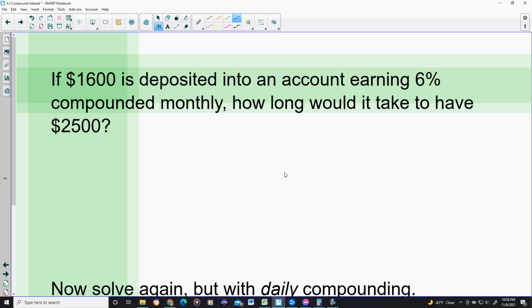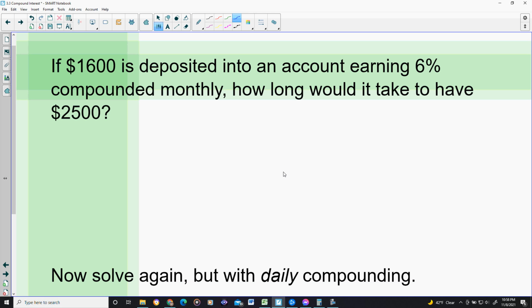Okay, here's another problem that we'll do. The other kind of problem that I think would be important for you to see is how to do one that involves a logarithm. The other kind of equation that's pretty important is one like this. The key to read here: $1,600 is deposited into an account earning 6% compounded monthly. How long would it take to have $2,500? The key words in this problem,